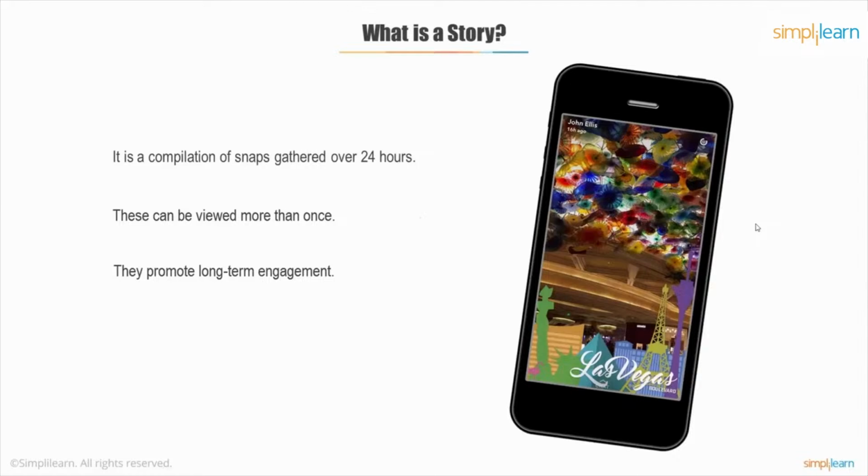So think of them as sort of a rolling compilation, because you could be, say, in Las Vegas for the day, or maybe you're in Bali for the day. And over the course of that day, you're adding different pictures or different videos that are just part of your experience. As you add them, they tag on to the end of the story. So when someone's watching the story, it will play through from photo to video to photo to photo, whatever order you've uploaded them. And once the timestamp on any of those pieces of content reaches 24 hours, it will vanish